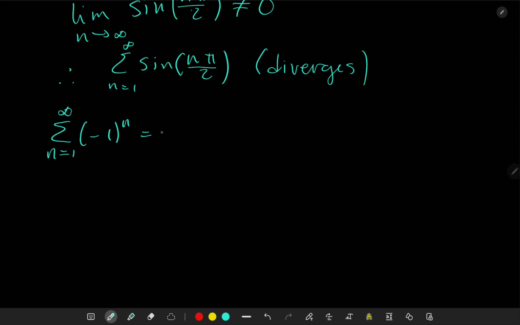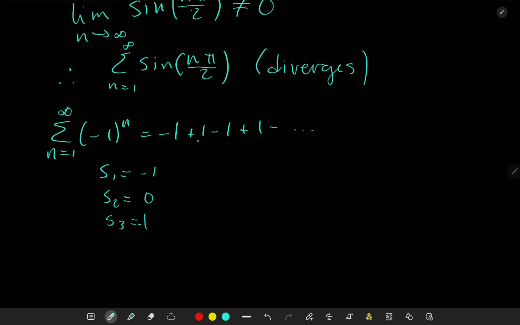So when n is equal to 1, you get negative 1. When n is equal to 2, you get plus 1. When n is equal to 3, minus 1, plus 1, and so forth. This one is interesting because S1 is going to be negative 1, S2 is going to be 0, S3 is going to be negative 1, and you're going to continue like that. But what happens is